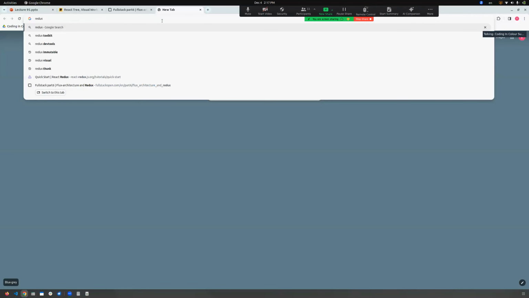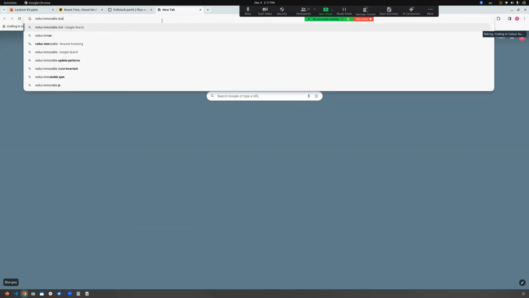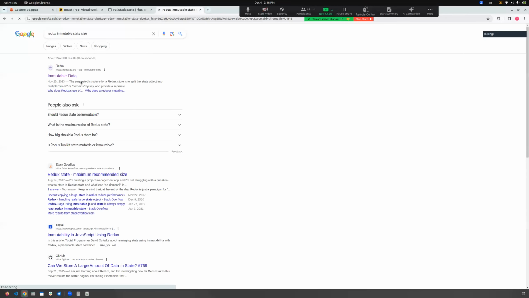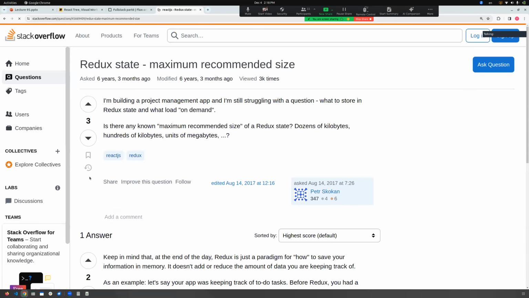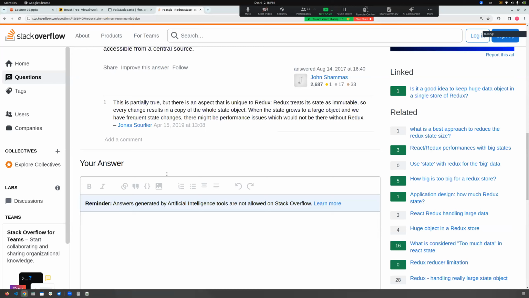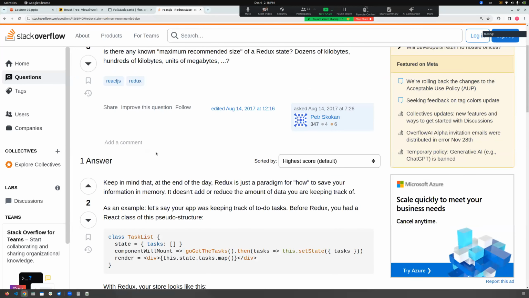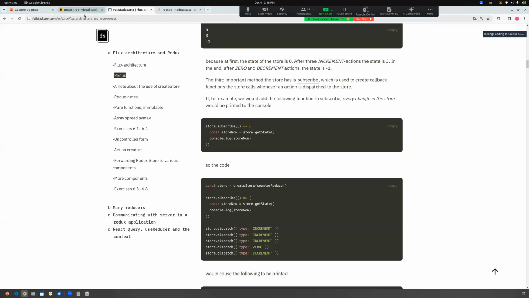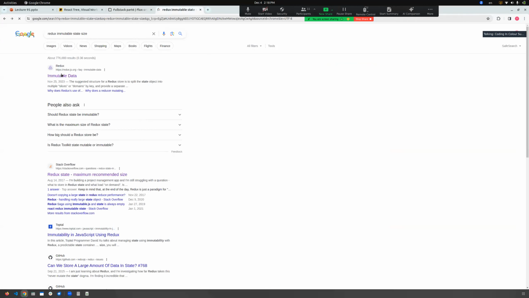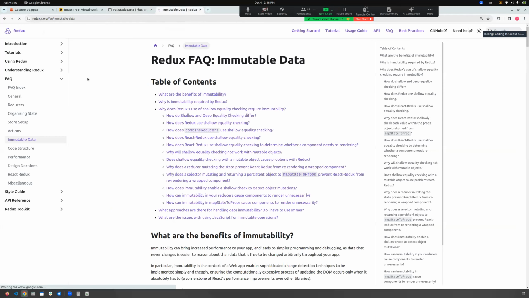It's not something we manipulate. It's not the job of the developer to do so. Actually, this is one of the values of Redux. But okay, this is not the answer to the question. Maybe let's look at